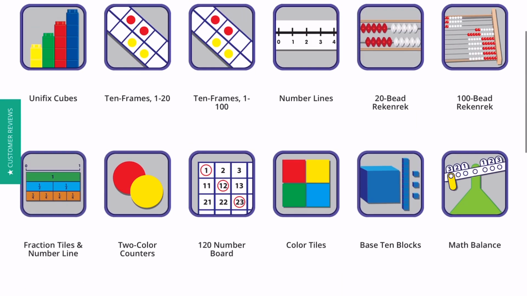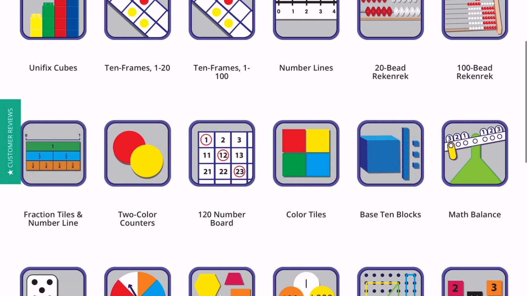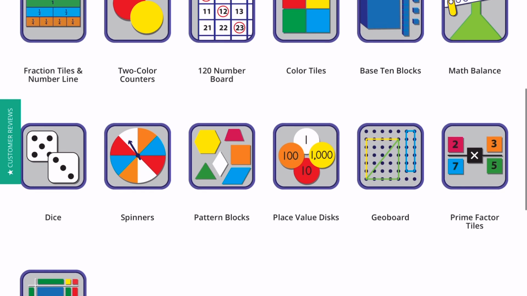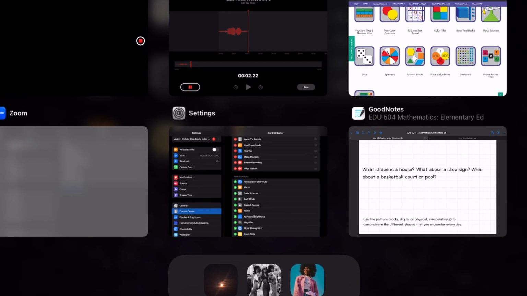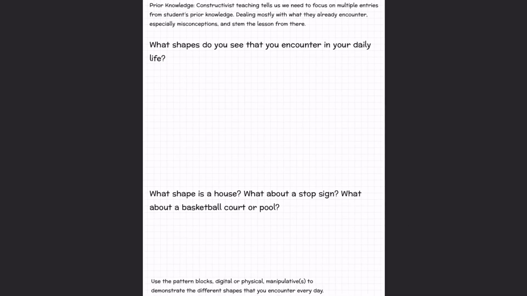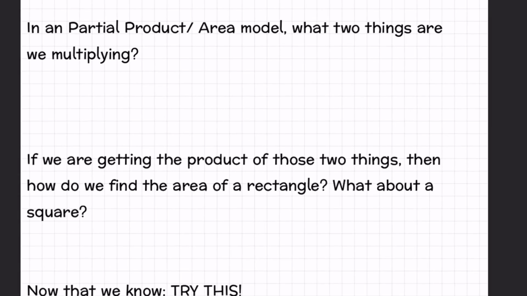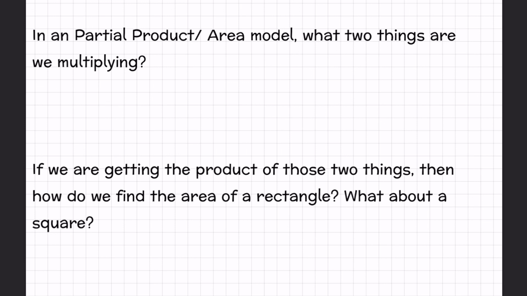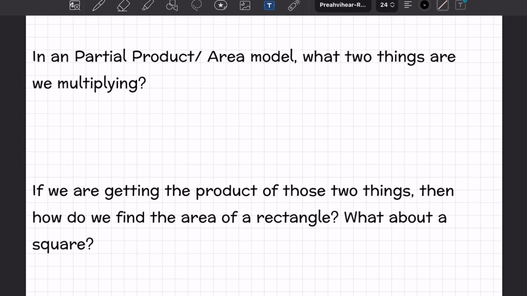From here, this was Didax, some virtual manipulatives to figure that one out. We used pattern blocks. Then from here, we move back into our lesson. This was either something that I give to them. I have a differentiated integrated classroom, so I give it to them on paper, have them draw it out, but I also bring out the manipulatives for them to use. From here, we would start applying some of our classroom learned knowledge. So in a partial product area model, what two things are we multiplying? Here, of course, they would be able to answer me back and say, okay, we use